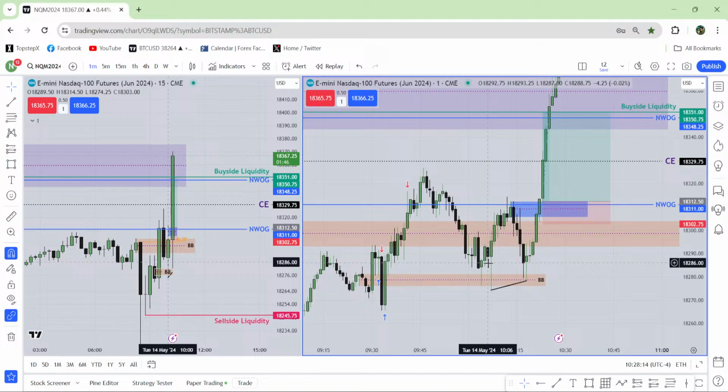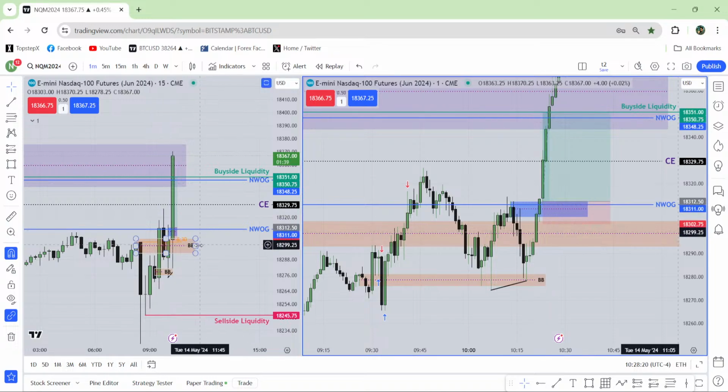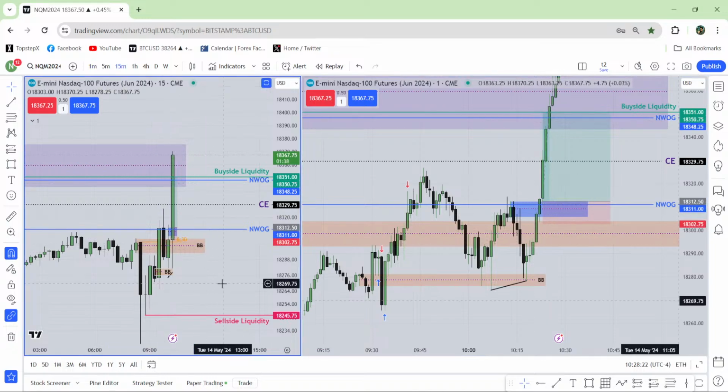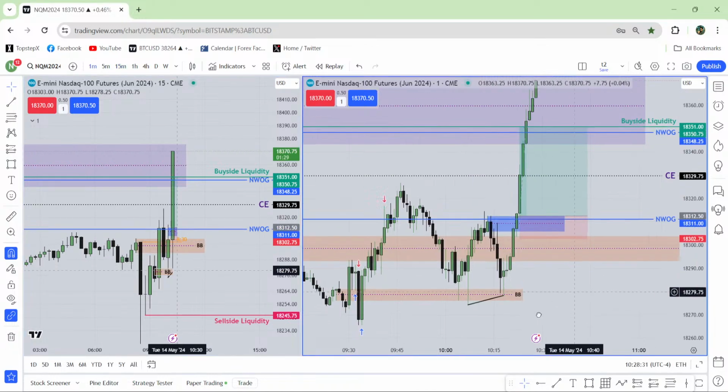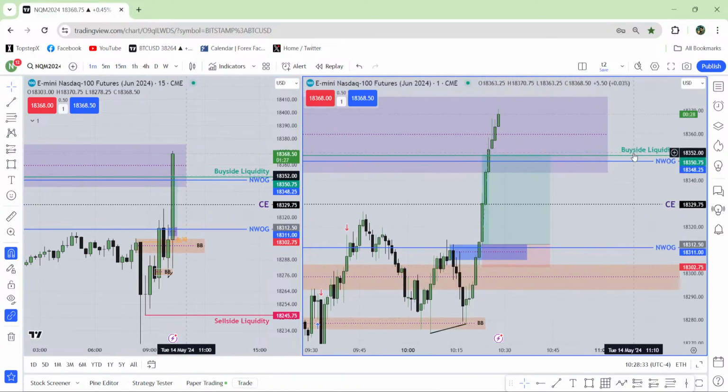So when it happened, either it would be consolidated or it would be a perfect buy setup. I have this clean breaker block from the 15-minute chart. Maybe it can be a market structure shift, fair value gap entry, maybe mitigation block entry, maybe any other type of entry. But this buy side liquidity has triggered. That's all, brother. But you missed it. Yeah, I missed it because my imminent chart was not open. So yeah, I missed it.